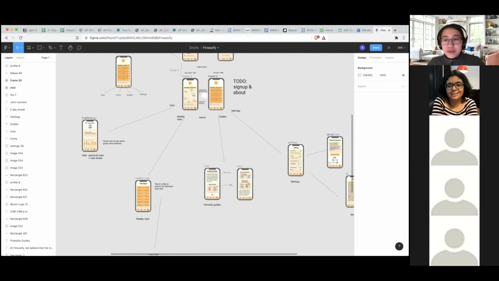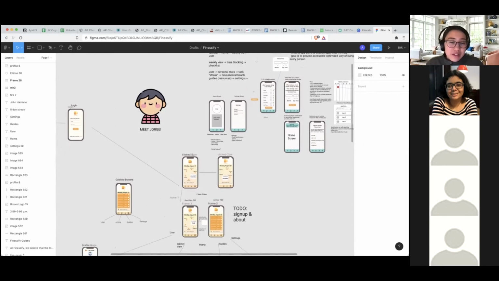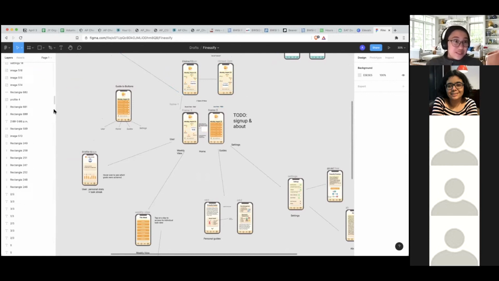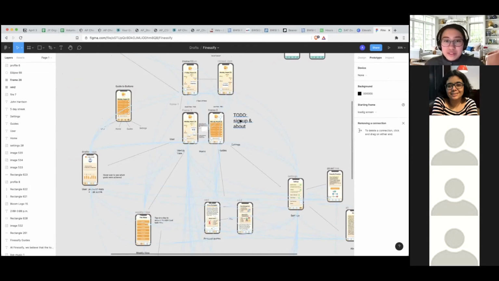So Vanessify was basically an app meant to help users optimize their day by custom curating a schedule based on an AI algorithm. And so as you can see, a fuller display of elements to the left. So there are a lot of elements. This was over the course of a couple months. And to the right, you can more so see